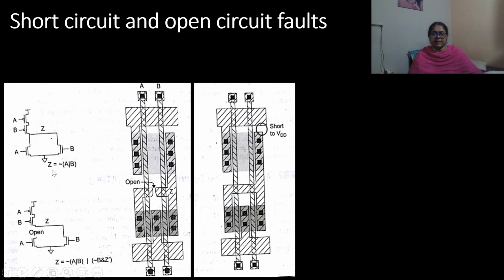In figure 1, showing NOR gate here, one of the transistors is rendered ineffective. NMOS transistor A is stuck at open, because this actual NOR gate connection should have been like this, but here it is open.